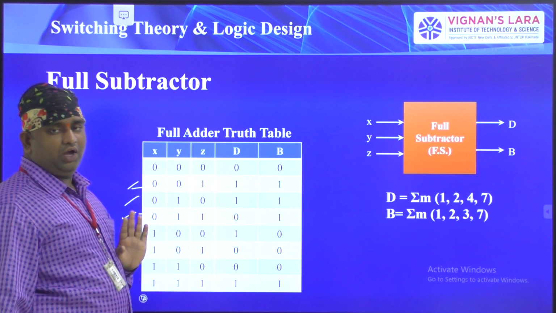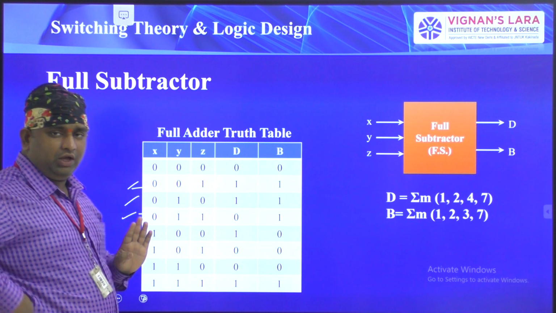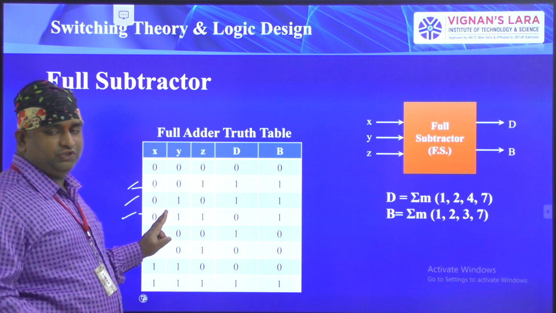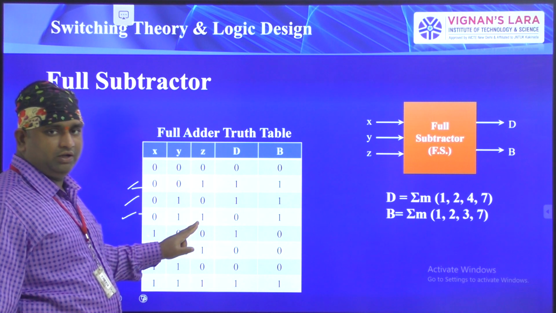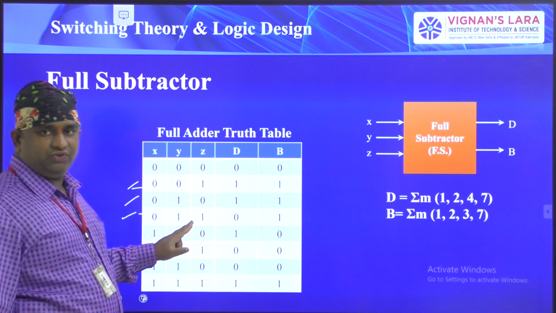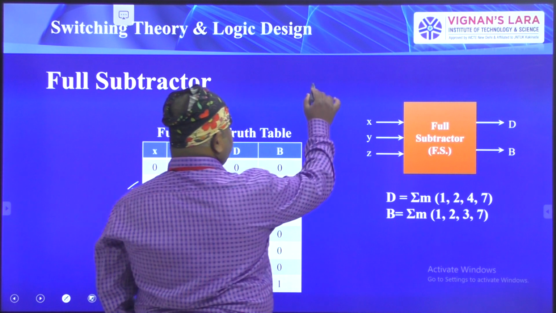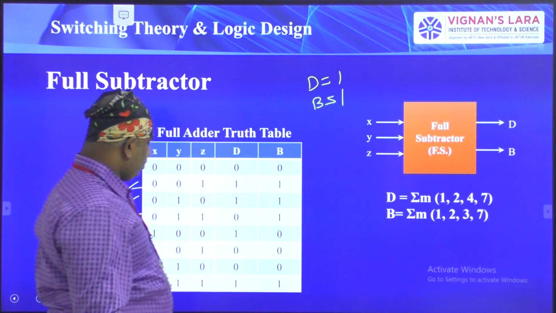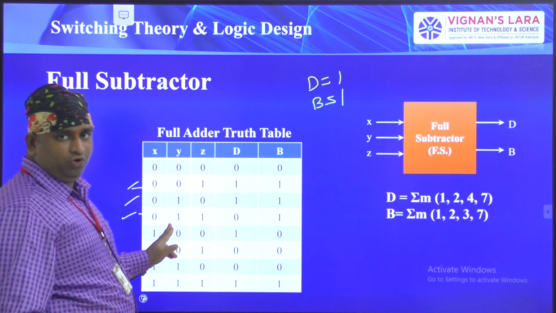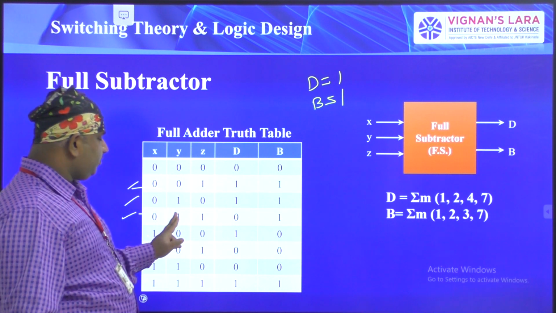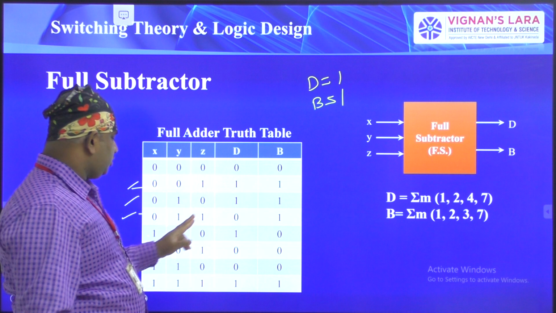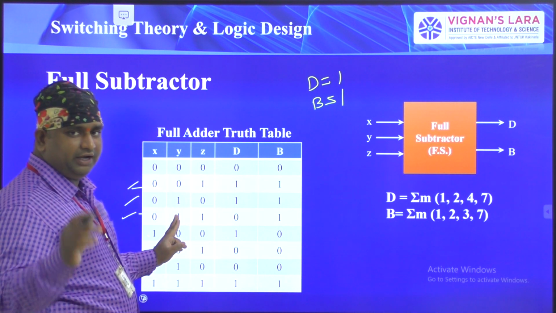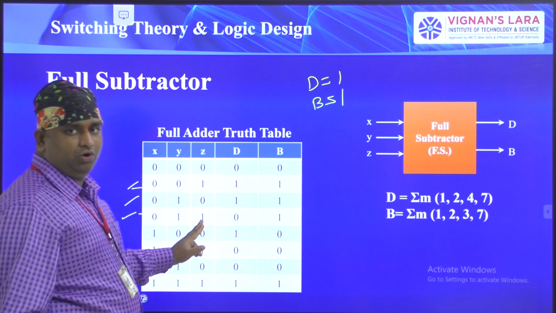Okay, here we have to do two subtractions. First one 0 minus 1. The resultant of 0 minus 1 you have to subtract here. So coming here 0 minus 1. When you are doing 0 minus 1, difference is equal to 1 and borrow is equal to 1. So the d is equal to 1. So here 0 minus 1 resultant is 1. 1 minus 1 is equal to 0.